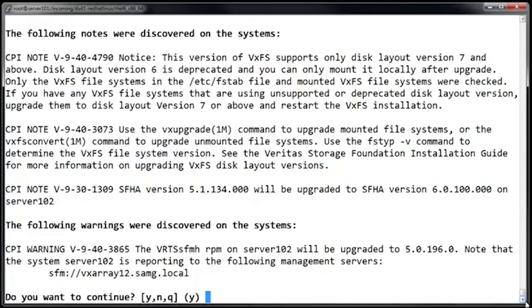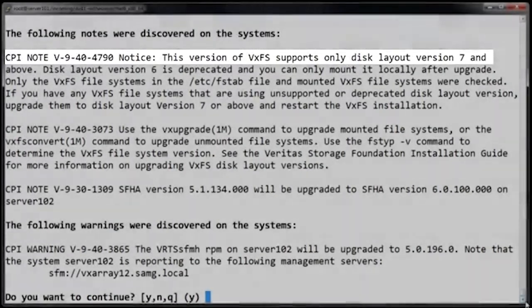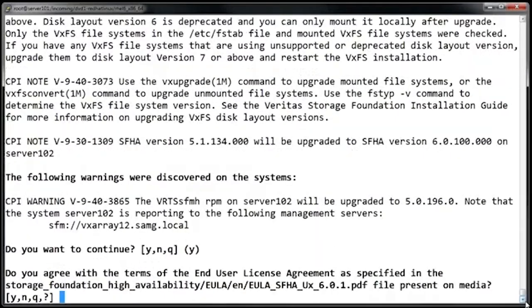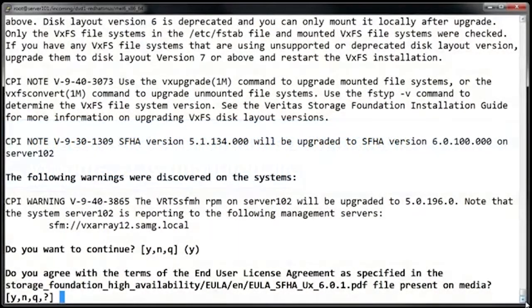So at the next screen, it's letting us know that the version of Storage Foundation that we are upgrading to only supports Veritas File System version 7. So if you're running a file system version that is earlier than version 7, you'll want to use the vxfsconvert command in order to upgrade it before you actually perform the upgrade. And it also gives us the command to check the current file system version, and that command is